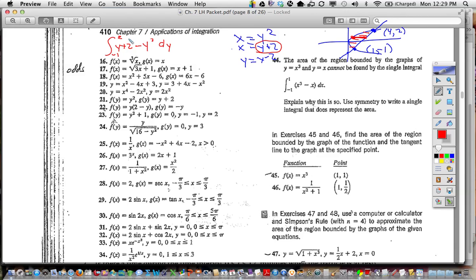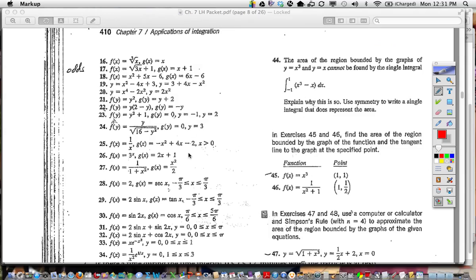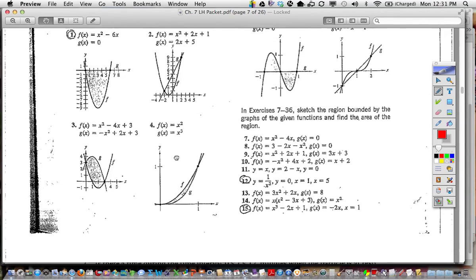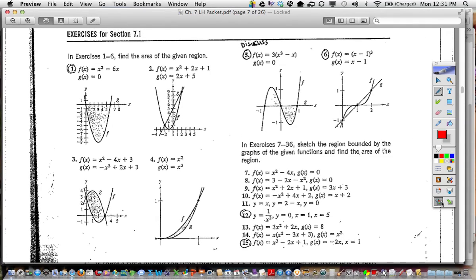Okay. So that's area between curves. Now I did want to make one comment about number 5, and just to remind you of the difference between area between curves and area under a curve. So on number 5, you have this cubic right here, they called f. If I just did the integral of f